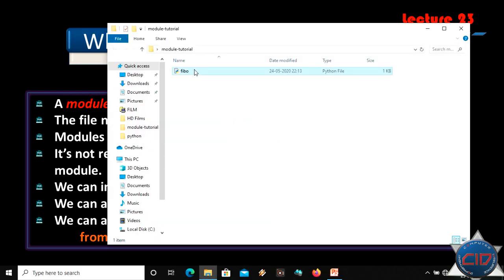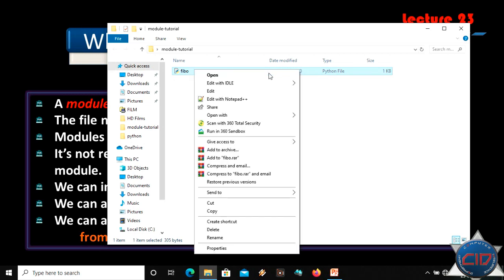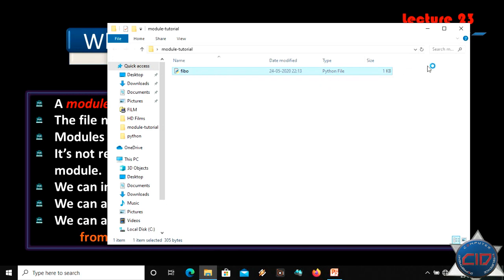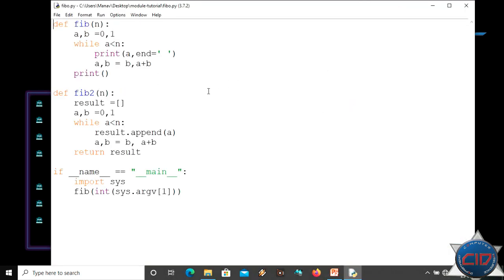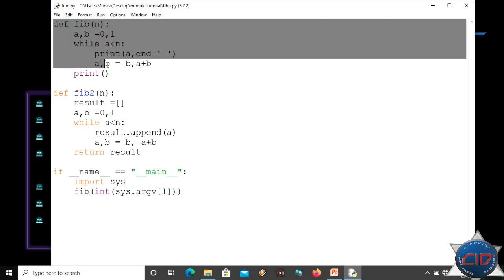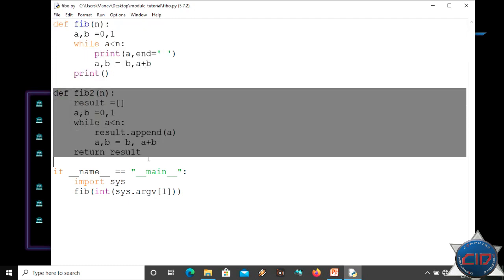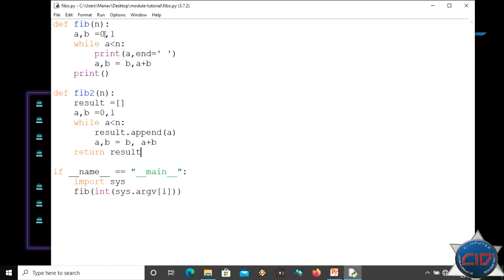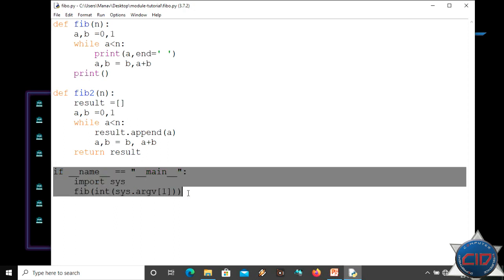I have here a fibo.py file, so let me open it with IDLE. Here we have only two methods which are just printing the Fibonacci series up to n, and some statements we will cover after some moment.